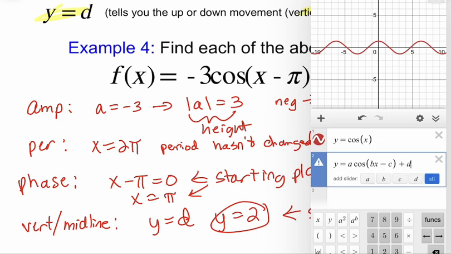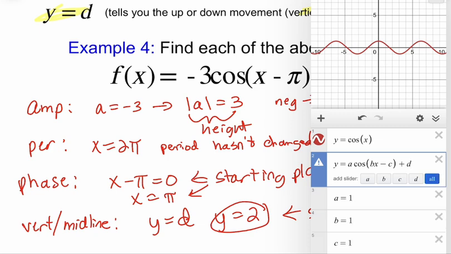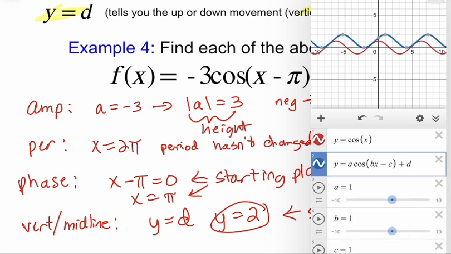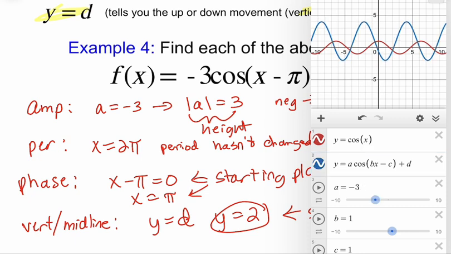Okay. So we're going to add the sliders. And this is something you can practice with. Now, you won't be able to use a calculator when you take a quiz or something over graphing, but it's a good thing to play with when you're actually doing it. We know our A value is -3. Let's put that in there. So what do we know? An A value of -3 is going to flip over the curve,